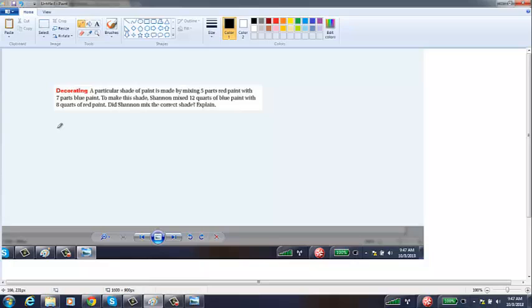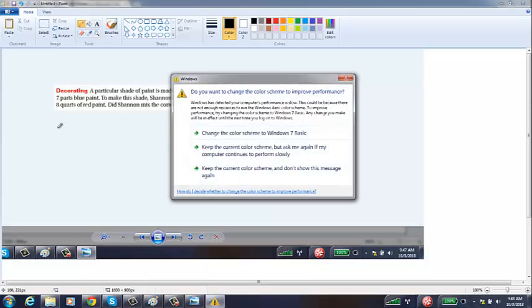So this problem says, well, I have a particular shade of paint. It is made by mixing 5 parts red with 7 parts blue. So that's how you make that paint to make this shade. Shannon mixed 12 quarts of blue with 8 quarts of red paint. Did she make the right shade? So,